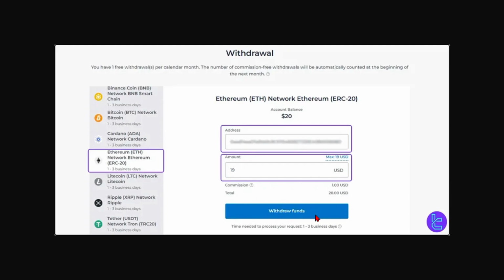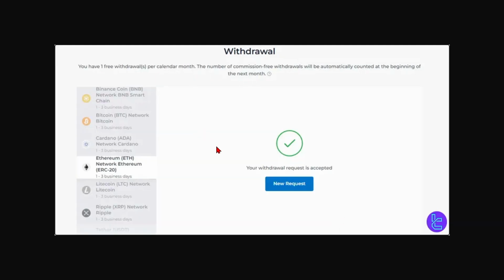Then from here, basically go ahead and click on withdraw funds, and then the time needed to proceed with your request takes 1 to 3 business days. And then once you've done that, it's going to say your withdrawal request is accepted. And then from there, if you make any more new requests after your free withdrawal, it is going to cost